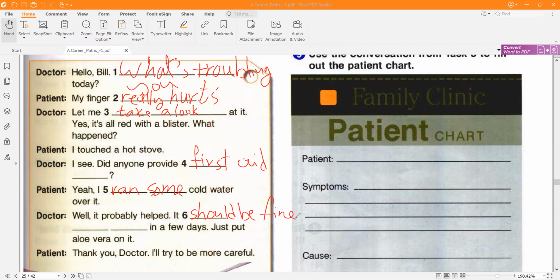Yes, just put aloe vera on it. So this is a medication. Yes. Okay, now,